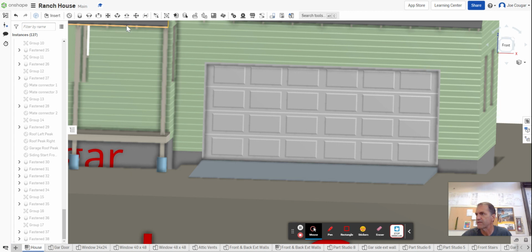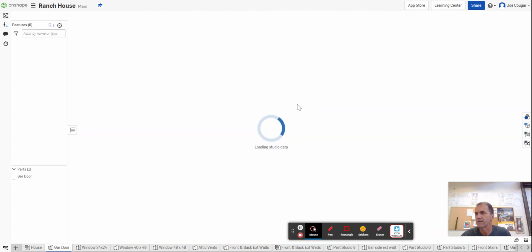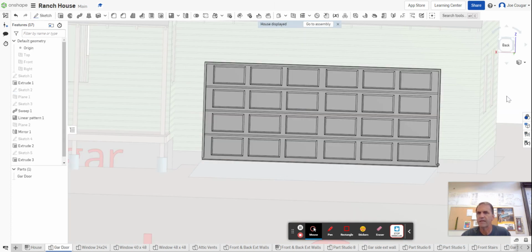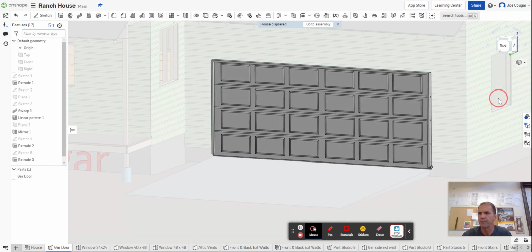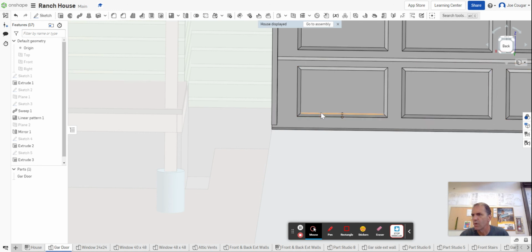Right click on that and say I want to edit in context. And because it's a part studio, I should be able to do that. And now what I'm going to do is I'm going to make the trim for that. So using what I have,